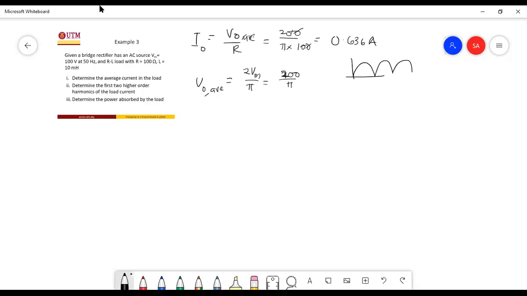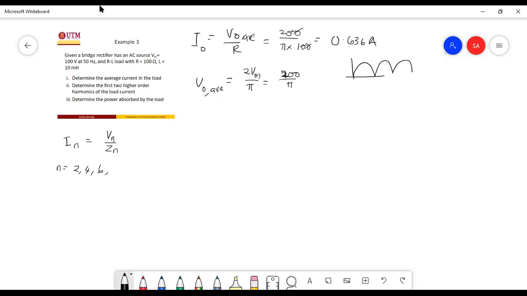0.36 ampere. So this is your average, or the DC component, inside the current load. Then the second one: determine the first two higher order harmonics of the load. We should notice that the In is actually referring to the harmonics of the current. You can compute this by using Vn over Zn, where n, the harmonic, is actually